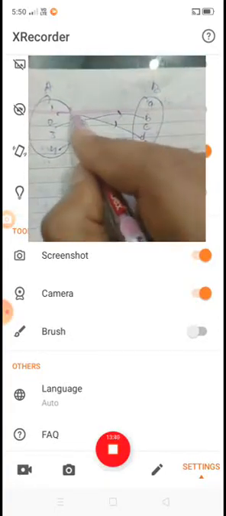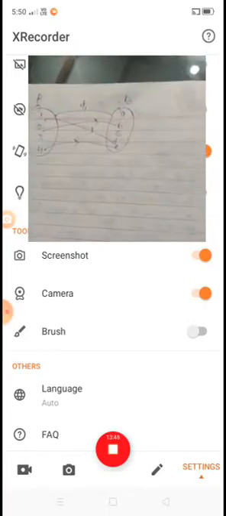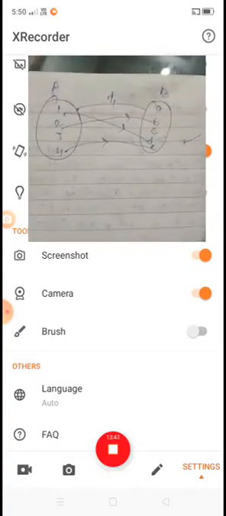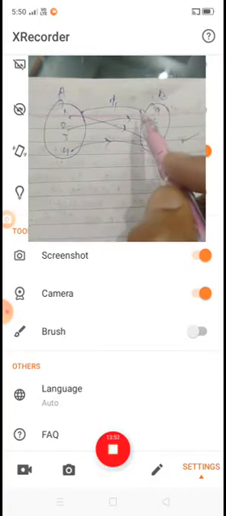Okay, this is the function F1. This is your first function F1 associating elements of A to elements of B.